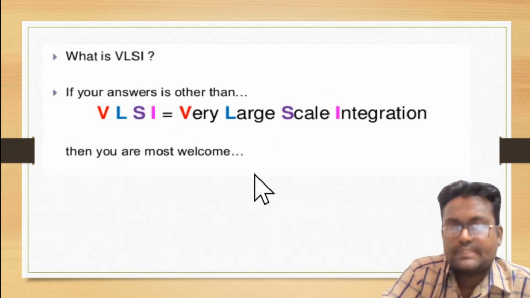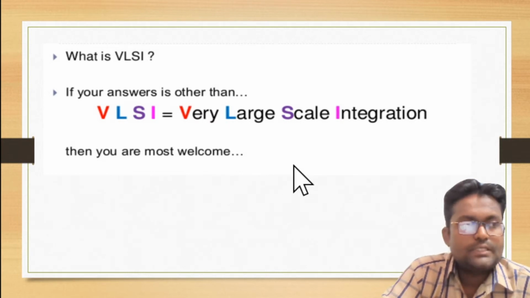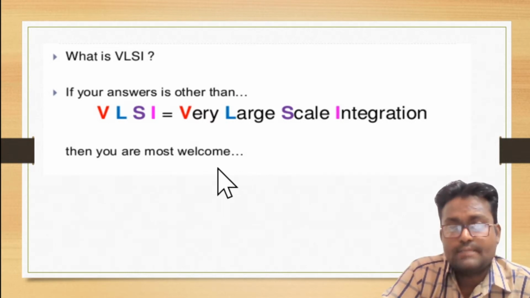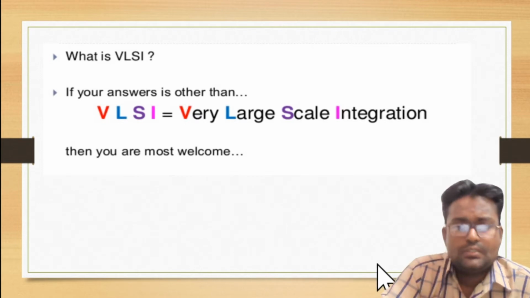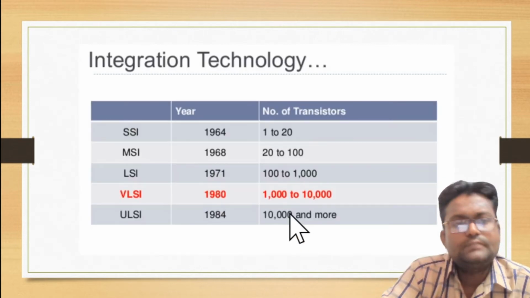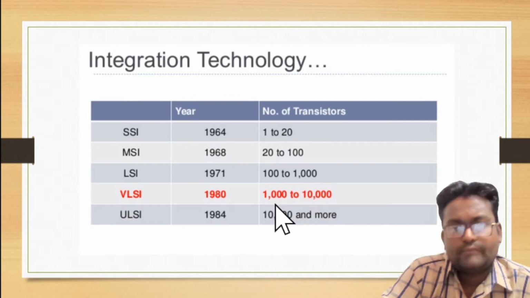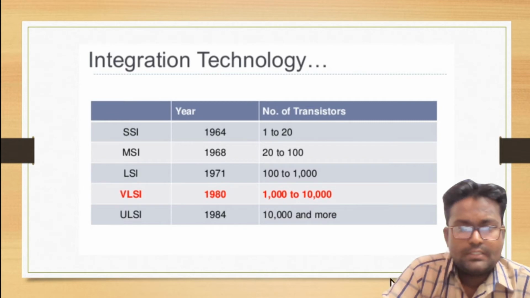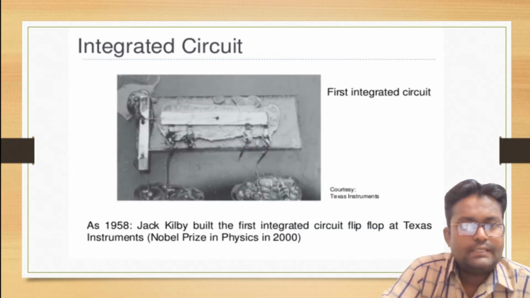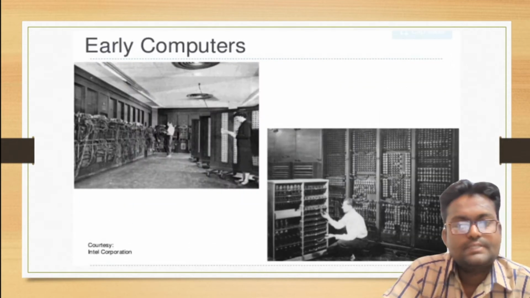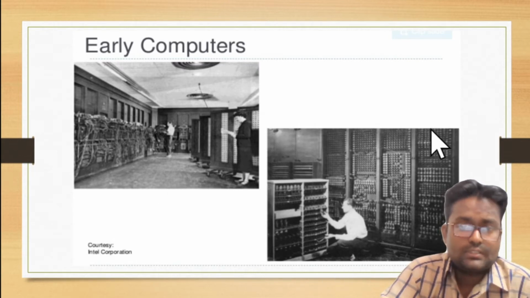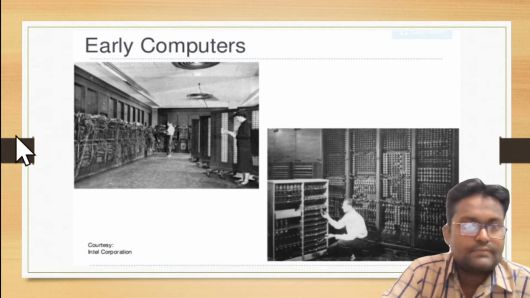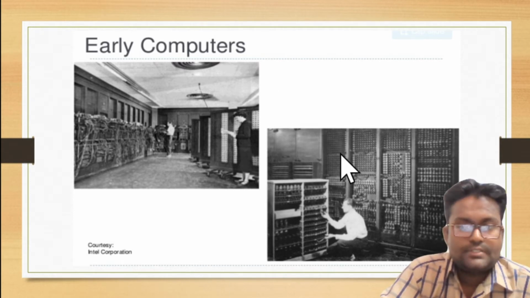Now, what is the meaning of this VLSI? VLSI is nothing but an integration technology. Now, what is the meaning of integration technology? We all know that before the invention of the transistor, the size of the circuitry was very big. We can understand it easily by using this diagram. This one is nothing but a computer diagram. Perhaps it is the abacus, the first computer used for mathematical operations.